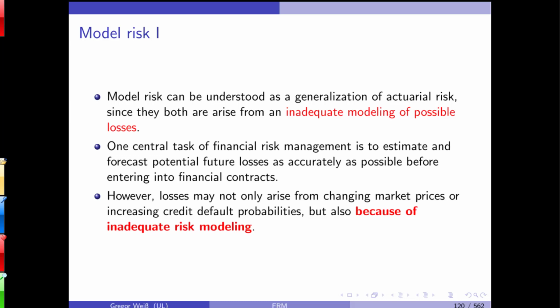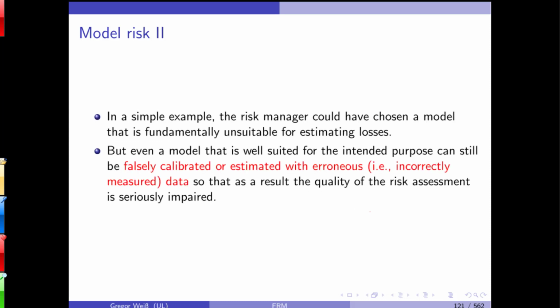Well, engineers, bridge engineers, were aware and had a model for wind, but their models were inadequate because they didn't account for the people. They didn't account for one key ingredient. People are also standing on the bridge when the wind comes in. That's inadequate risk modeling. Can be caused by several factors. Wrong model, wrong data,